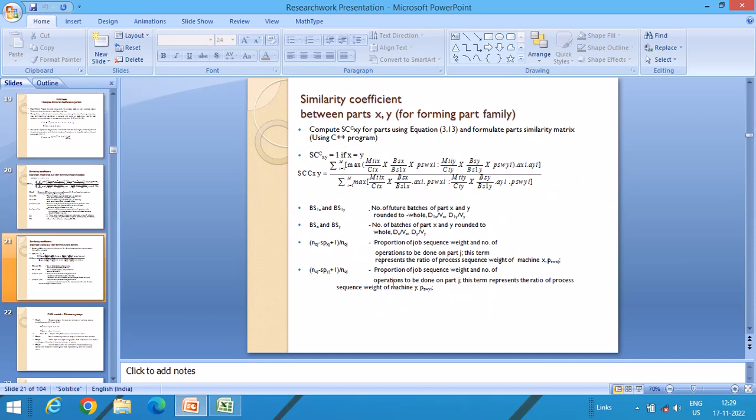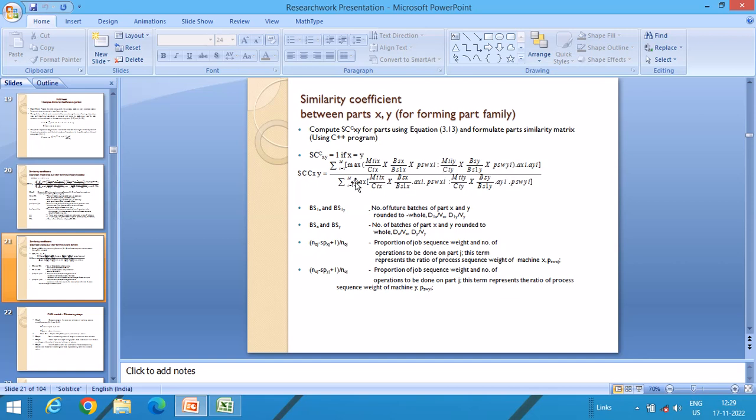So likewise, we are calculating the similarity coefficient for parts X and Y. That is the summation of i equal to 1 to m of the maximum of the products: manufacturing time ratio into batch size ratio into the job sequence weightage ratio, and the manufacturing time ratio of part Y into the batch size of part Y into the process sequence weightage ratio of the particular part Y, multiplied with the incidences AXI and AYI,